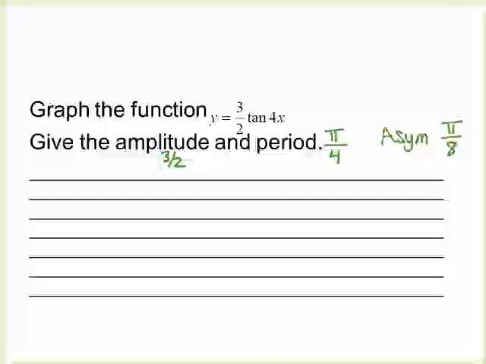Pi over 8 is really tiny. So if you think about taking the 3 lines of the paper, tipping, calling a pi, and then having to break that down into 8 pieces, it's going to be really tiny. So I'm going to adjust my scaling on this one. First thing to consider, when we do tangents, we will care about the negative of the x-axis as well. So I'm going to put my y-axis over a little bit further than we have been. Then to adjust my scaling, since things are going to be so tiny, I'm going to count by halves